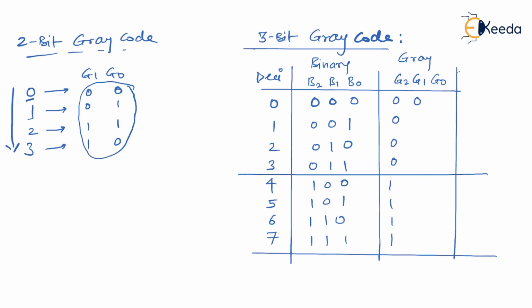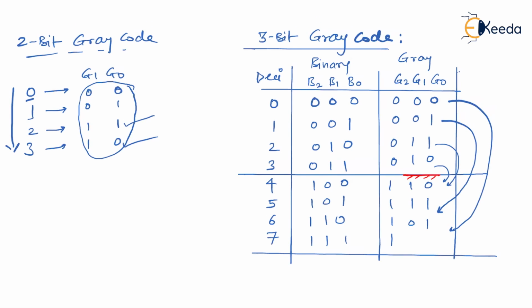Okay. So for 0, we have 0, 0. For 1, we have 0, 1. For 2, we have 1, 1. For 3, we have 1, 0. That's it. We are done. And for the lower side, we are going to put a mirror. Look at this. Here we are going to place a mirror. Naturally, what gets reflected here is this, that is 1, 0. Then 1, 1 gets reflected here. Then naturally 0, 1. Right? And lastly 0, 0 appears here. And now we are done with gray code generation for 3-bit.